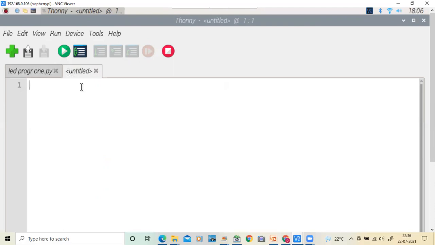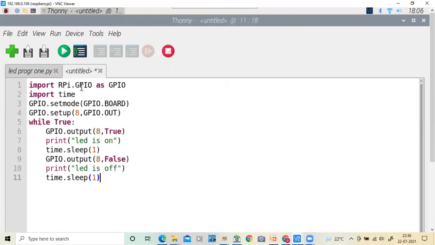Now, for example, if you want to display output for a limited range, a limited time, for that you can go for the for loop.